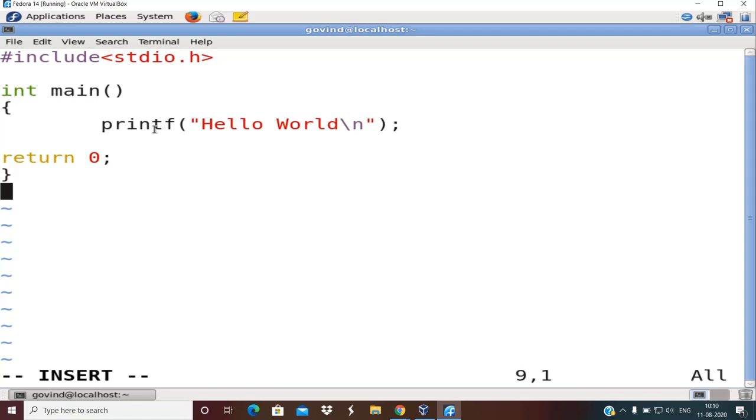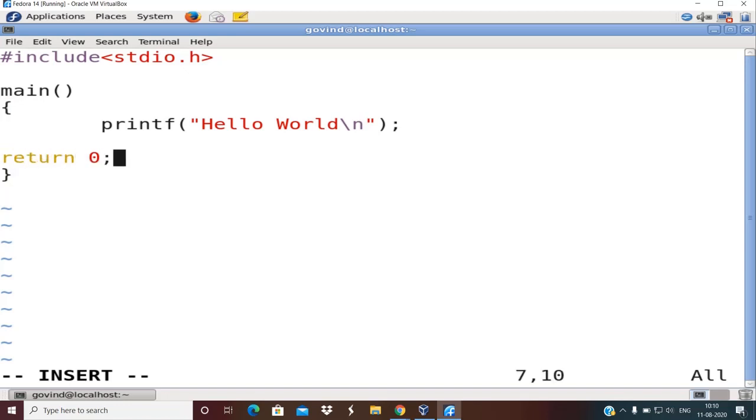Right? So after typing the program, also this main acts as an entry point of the C program. This is the syntax of main. You can write main without int also. You can write main without int, not a problem. But if you do that, you might have to remove this return 0.